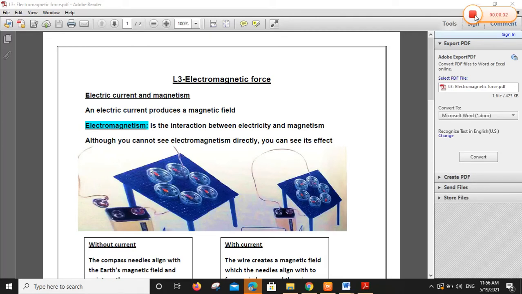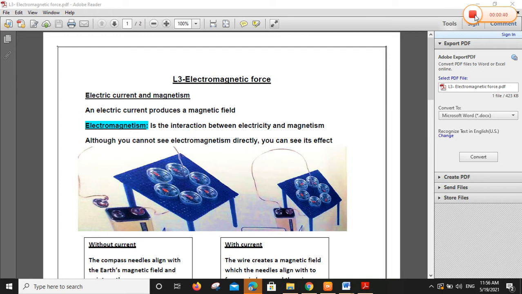Good morning, grade 8. Today we are going to start lesson 3, electromagnetic force. We mentioned before in lesson 1 and 2 the magnetism and the magnetic field. We mentioned magnetic field is the area of magnetic force around a magnet. Yes, this is called magnetic field. And the magnetic field spreads as lines. These lines spread out from one pole to another pole as curved lines and return to the other pole and